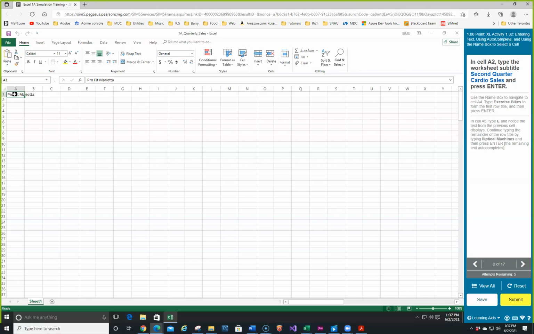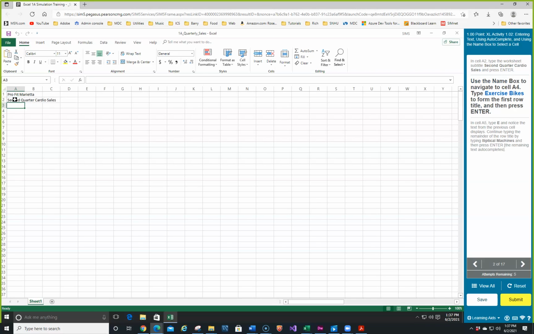So in cell A2, which is here, we're going to type in second quarter cardio sales and hit the Enter key. And the name box, now this is what I was saying before, we want to go to A4. Now I can just click here, but I can type in A4 in the name box and it puts me there. I'm going to type in exercise bikes